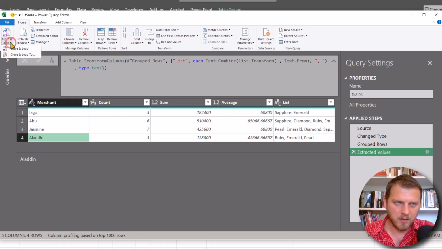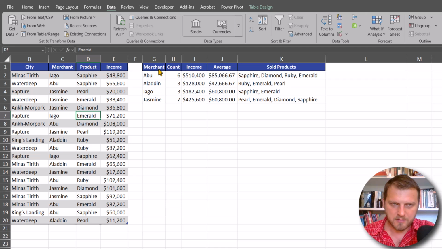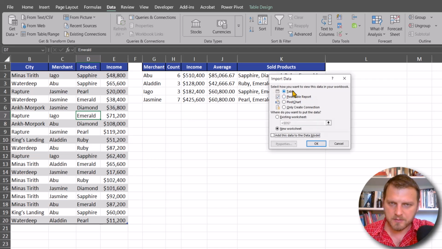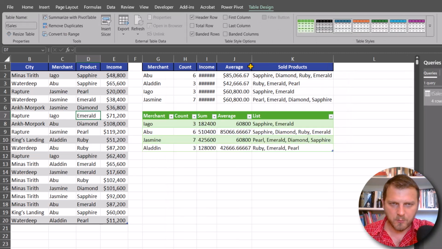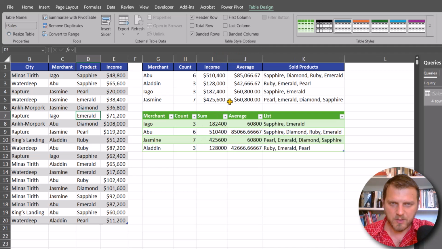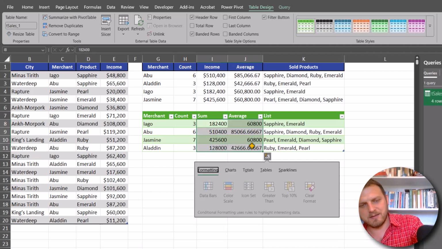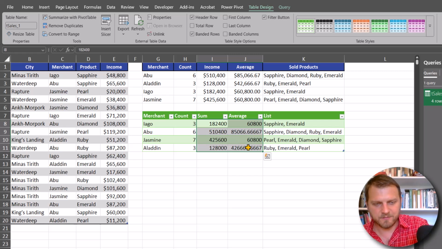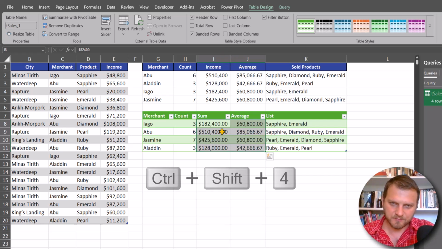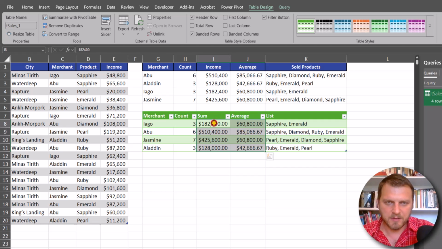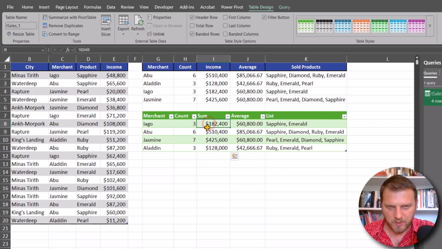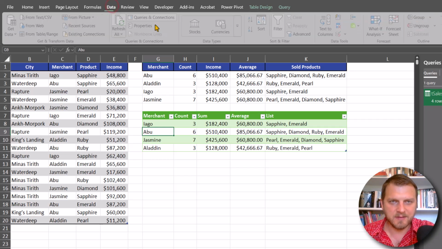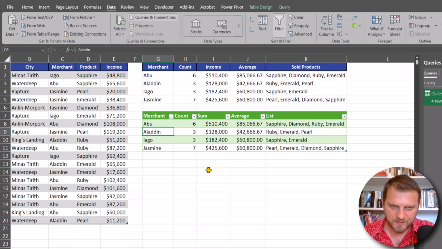So on the Home tab, Close and Load To, and underneath our result from the Excel table, existing worksheet, and here OK, and we can see our results. We just have to add currency formatting for values. Okay, so this doesn't need zeros, and we have our results, and let's sort this by, so let's go to Data and sort this to see clearly